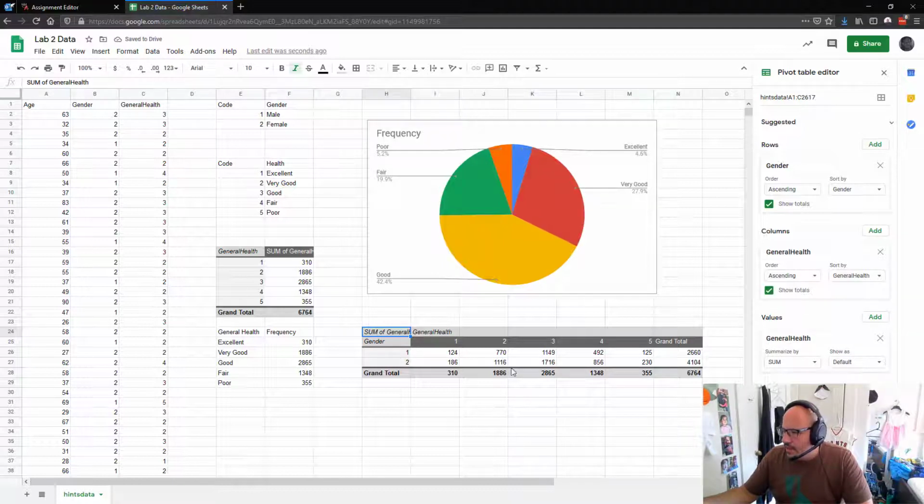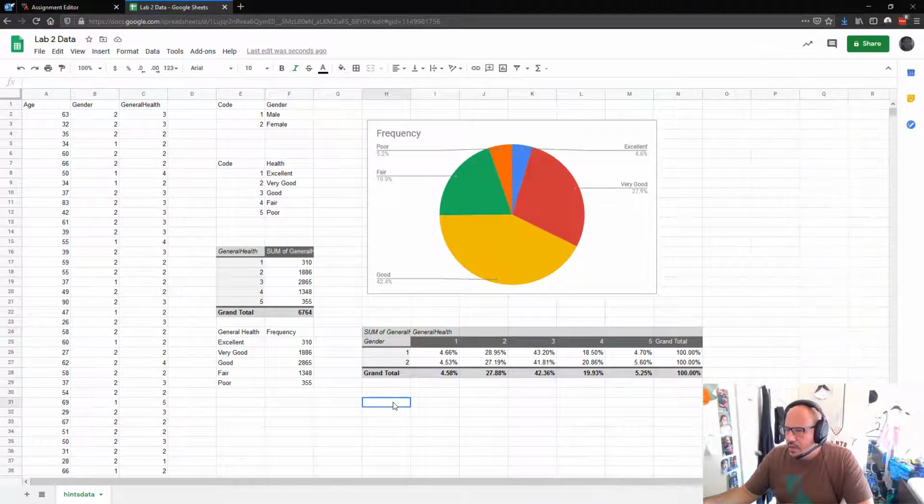Now, we're making a comparison of two groups that are of different sizes. Females actually outnumber males. So just like in class, we're going to take the percent of the row, because we're comparing the percent of males that feel a certain way to the percent of females that feel a certain way. And now I'm going to do basically the exact same thing that I did before,